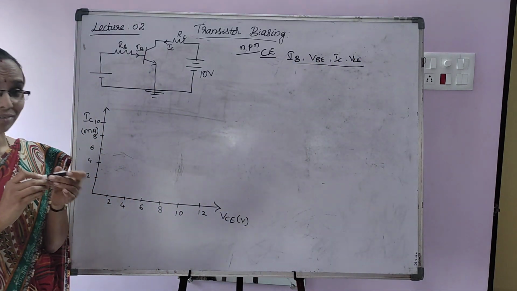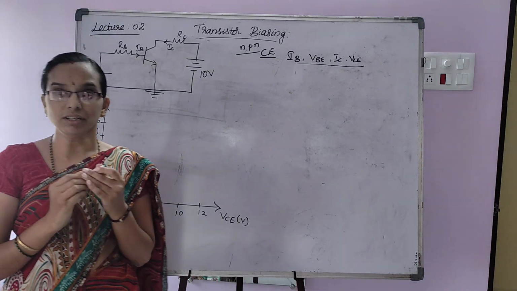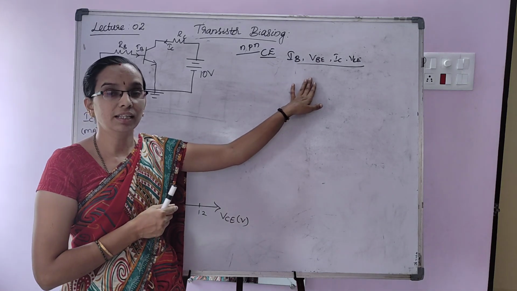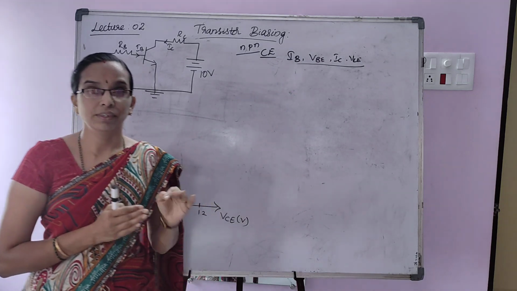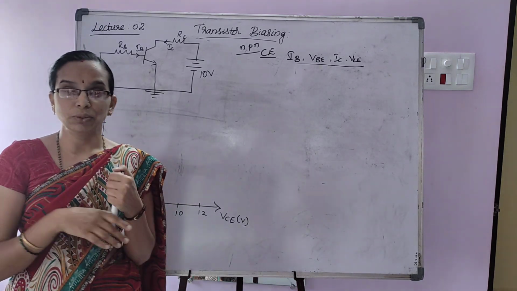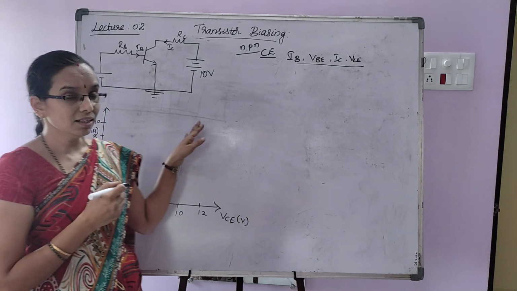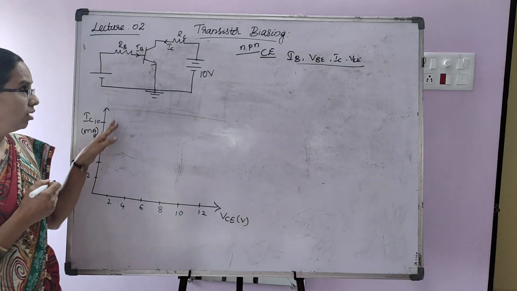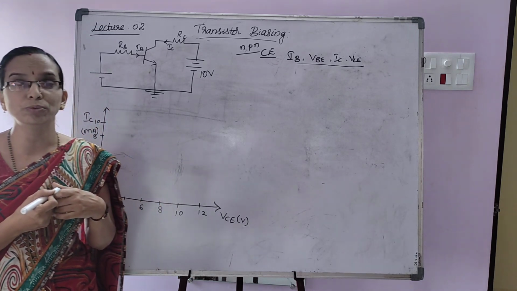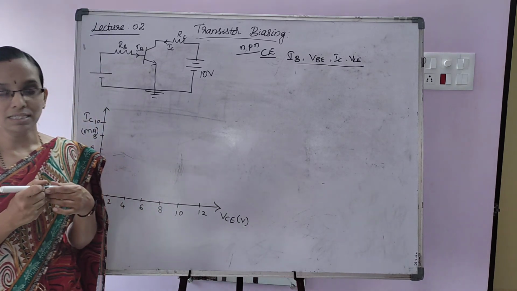So by setting all of these currents and voltages, we can decide the operating point of the transistor. That means if these values are fixed, then the transistor is biased. Then you can apply the input signal and the transistor can be used as an amplifier or in other applications. Yesterday we saw how to draw the DC load line. The DC load line is a straight line drawn on the output characteristic curve of the transistor. So how to draw the DC load line?